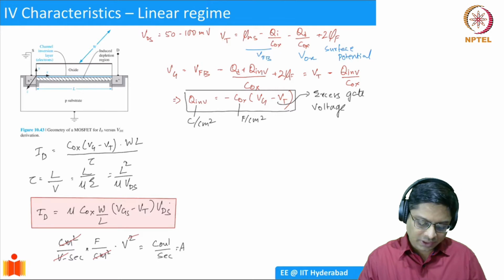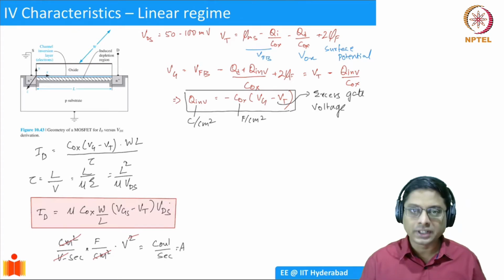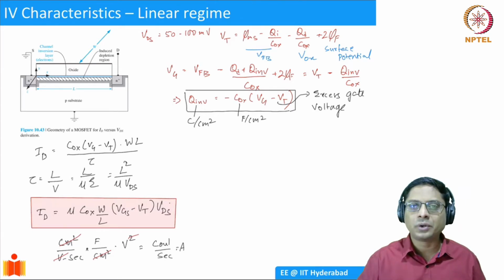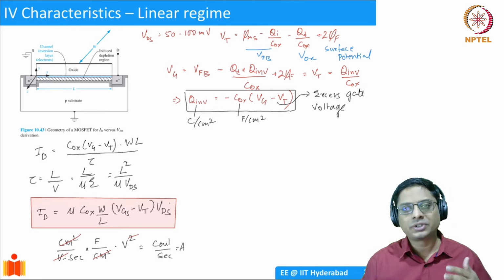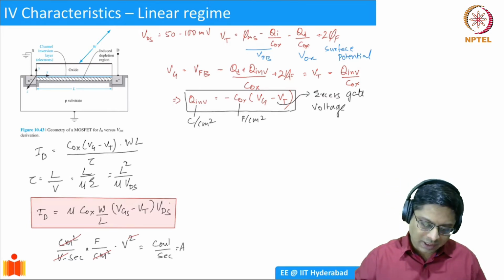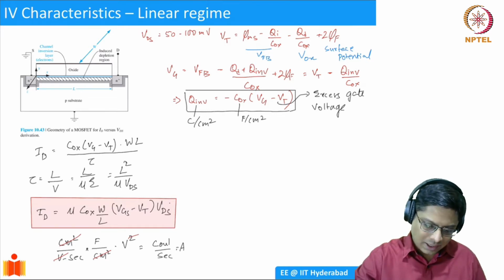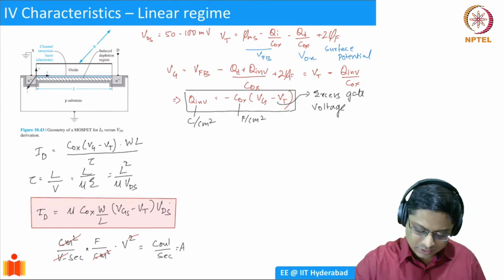So what does this expression tell us? If you look at it, current is directly related to the gate voltage and also the drain voltage. If you apply a greater amount of drain voltage, you get a larger amount of current, which is not surprising, right? And if you increase the gate voltage, you're increasing the amount of inversion charge which is present, so you'll have a larger amount of current. So I can plot out, or rather, I'll define R linear, a resistor. Okay, I'll denote this in a separate section.